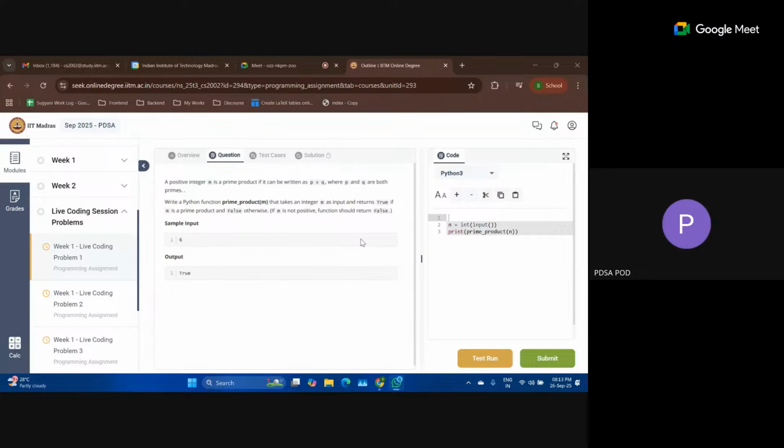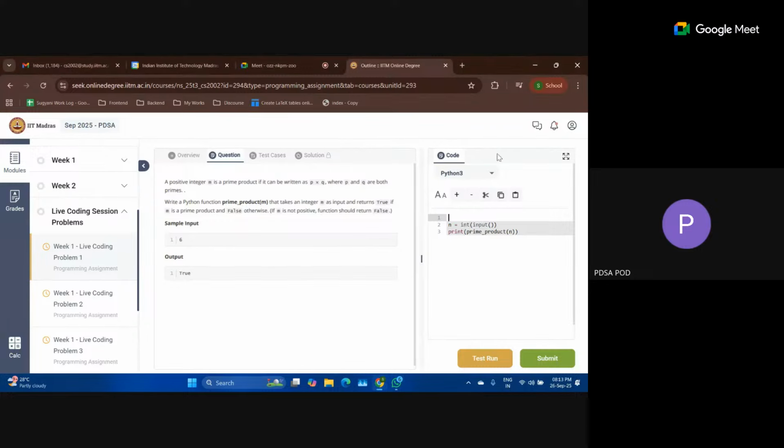If it is a prime number, then when we divide M by this particular prime number, we get a remaining quotient. The quotient and this particular factor, when you multiply them, you will get M, right? So we will go to that quotient and check if this quotient is also a prime number or not. Okay, so that's the idea.